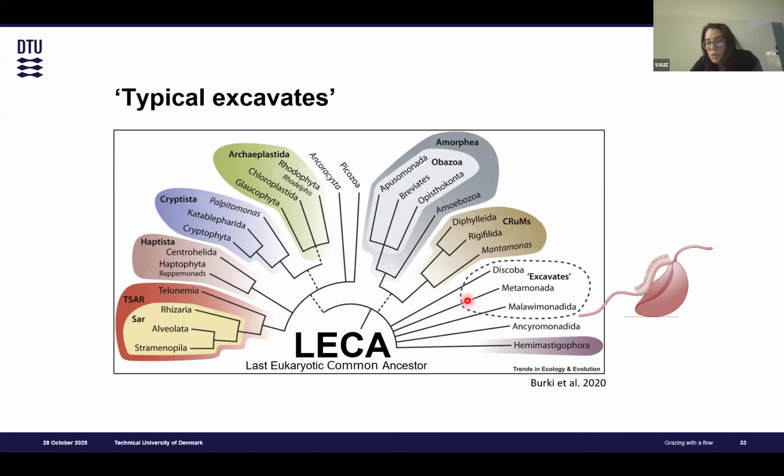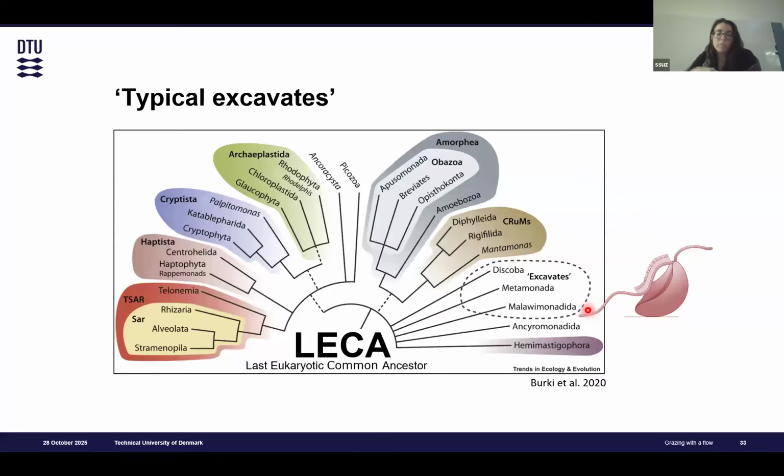Their position within the tree has always been a bit doubtful. Different studies have been coming up, positioning some groups of excavates on one side and one other group on the other side. And the fact that sometimes studies would have results of this group divided, one on one side and the other on the other side of the tree, was giving strong suggestions that this last eukaryotic common ancestor might have had some morphological features that the excavates have, namely the vane flagellum and